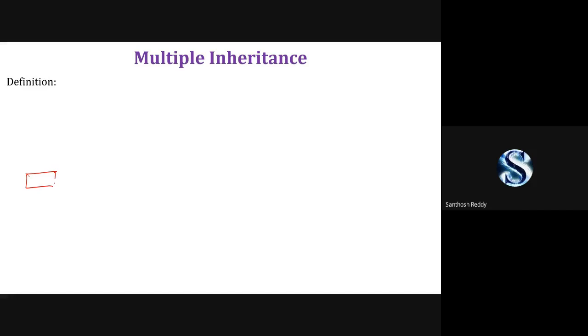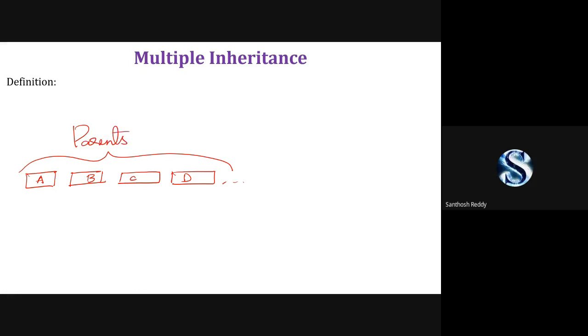For example, here we can check, we have A, and this is B, this is C, and this is D. These are the parents. And for these parents, there is only one child, which is called E. And everything gets extracted. All these things come to E here.